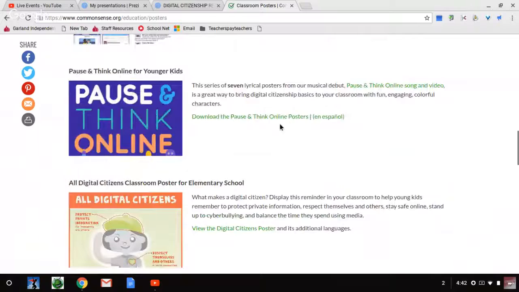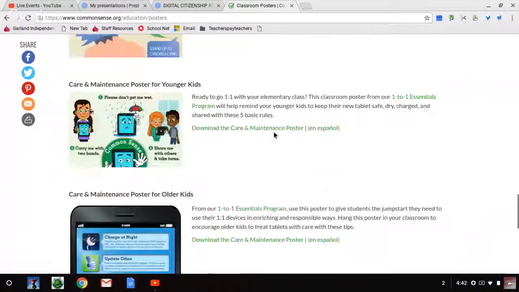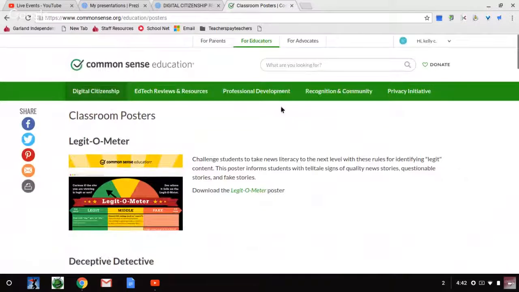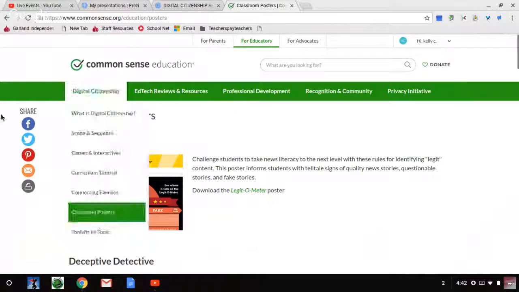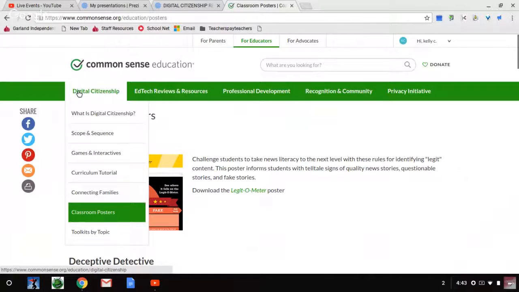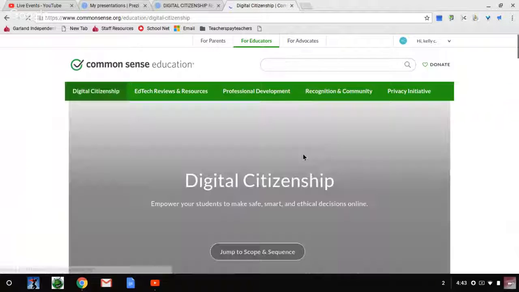Pause, think online. So there's a bunch of resources on here that I wanted to show you. You can go to commonsense.org and you can create a login and use this for yourself so you can print off. Even if you just start with one thing, I would get on and I would go to their scope and sequence and I would click on an area for a lesson. And I would click on one lesson and I would download it. And then I would just start with that. And I would say